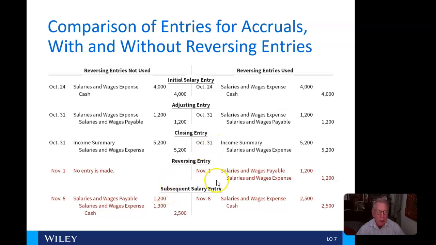And here's why. Just think of what it takes to calculate this accrual. You have to go in for all your hourly people, your semi-monthly people, your hourly people. You have to do all your adjustments for shift differential and overtime and all that. It's a very complex and time-consuming piece of work. Now, how would you like to do it again in the next month, which is shown here? You would have to recalculate this again, and then you'd have to make sure